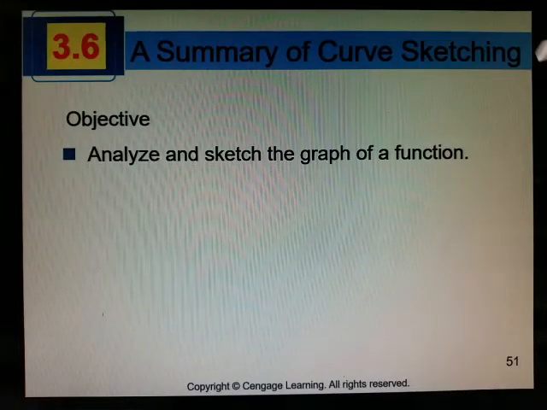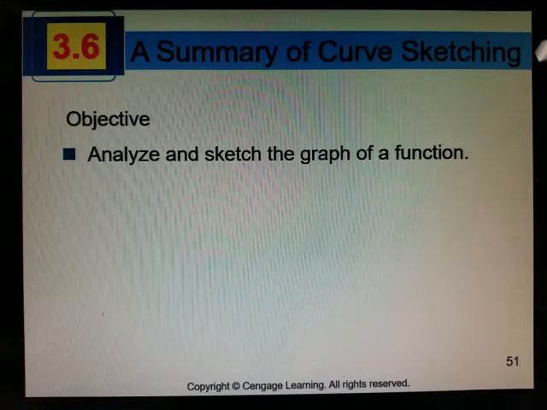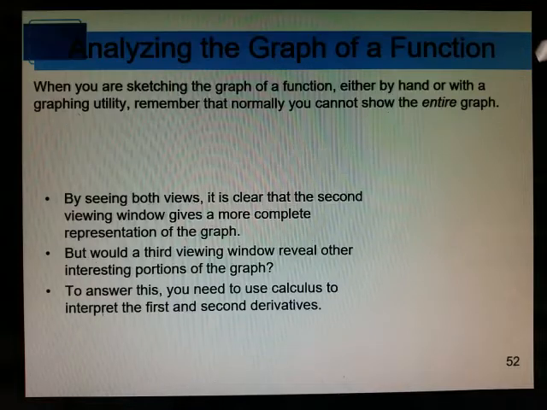Calculus 3.6. This is a summary of all of the lessons. Basically, everything we've done this year at this point is all going to be combined in today's lesson. So it's kind of like a mixed review. If we were asked to sketch a graph of a function either by hand or a graphing calculator, remember that